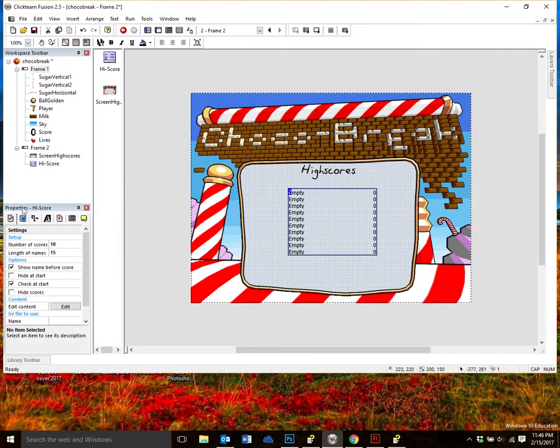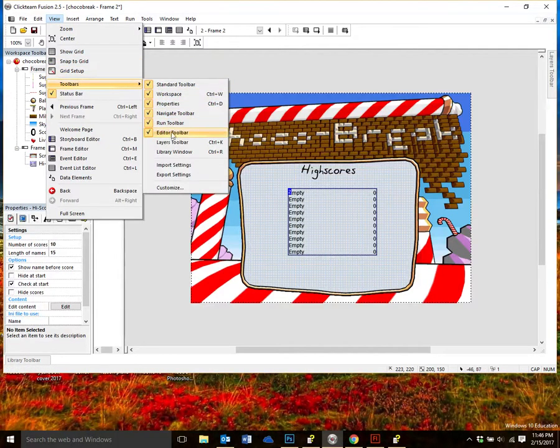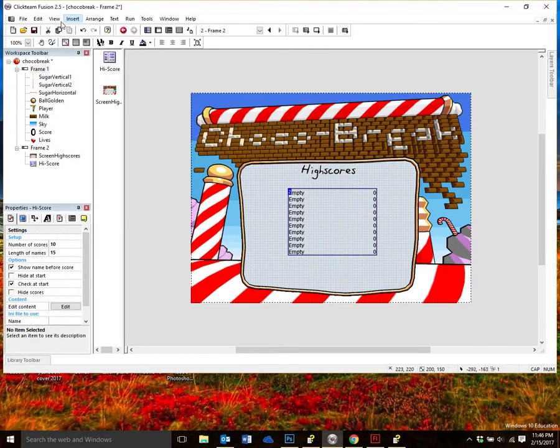Notice I can go to the high score properties. And remember, if you can't find your properties, I know these disappear all the time. I don't know why. You just do View, Toolbars, and here's all the toolbars that you need. If you're missing anything, please don't call me over. So I can go in here and I can say, look how many scores there are, how long the names are,